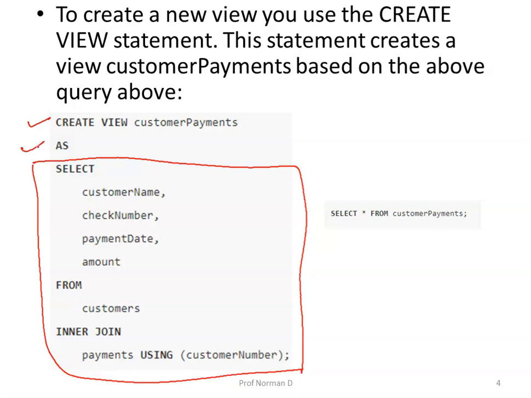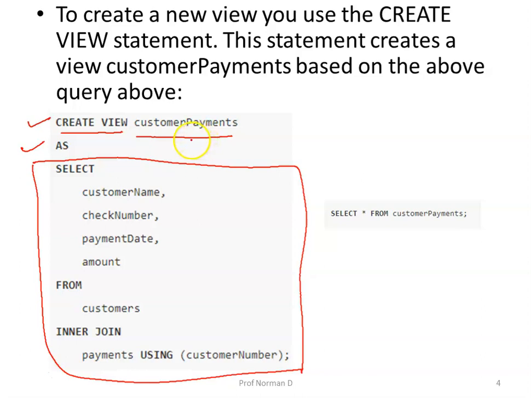Once you execute the create view statement, MySQL creates a view and stores it in the database. Now you can reference the view as a table in SQL statements. For example, you can query the data from the customers payments view using the select statement.